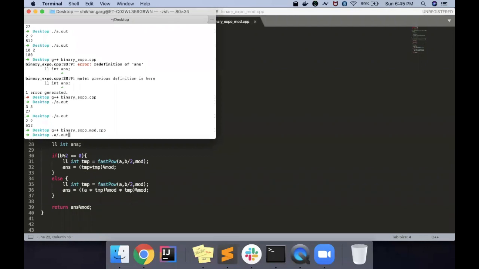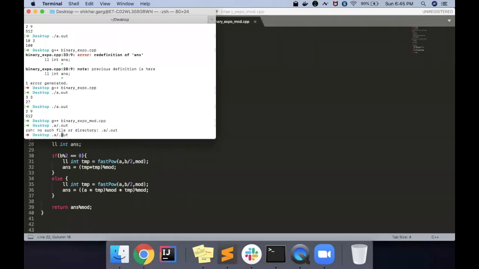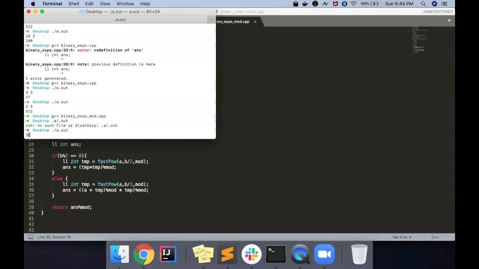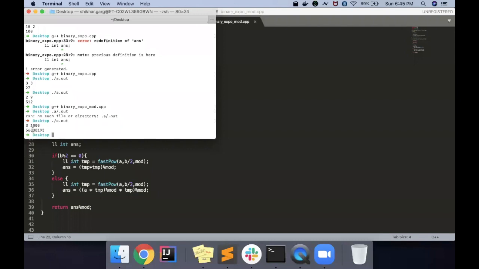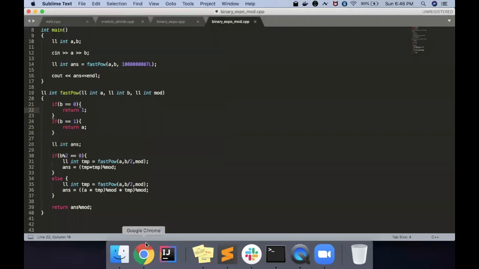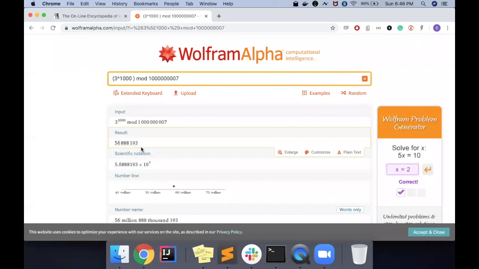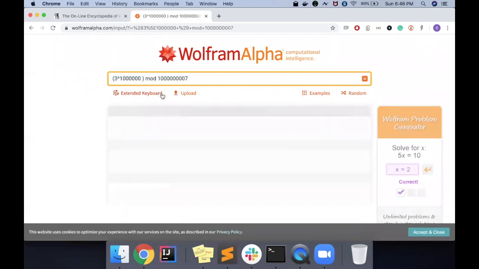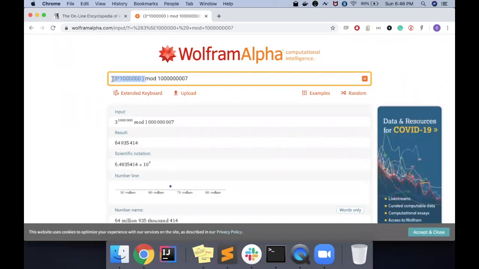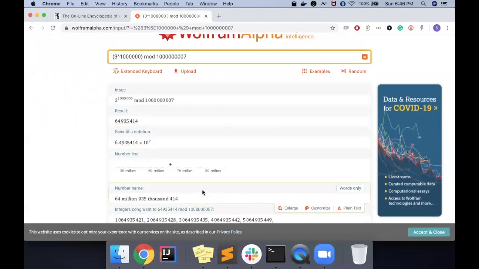./a.out. 3 to the power 1000. So now you can see 56888193, 56888193. So basically, just to debug, right now we are getting the correct answer, but sometimes you're not getting the correct answer. So it is used to check any big mathematical calculation. Even if you are looking at 2, 3 again 0, it will calculate the answer. And believe me, this is a very big number, right? Okay. So these are some tricks I used to do.